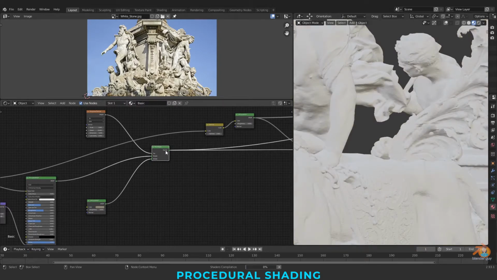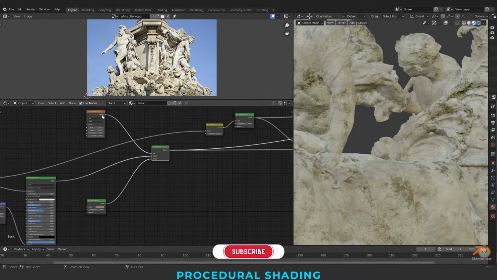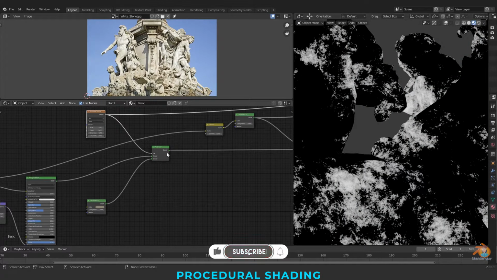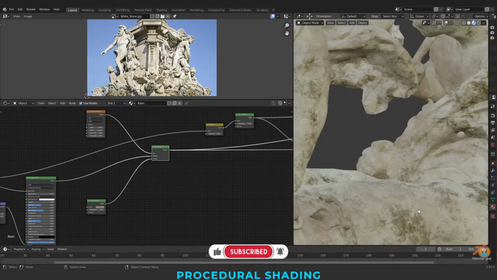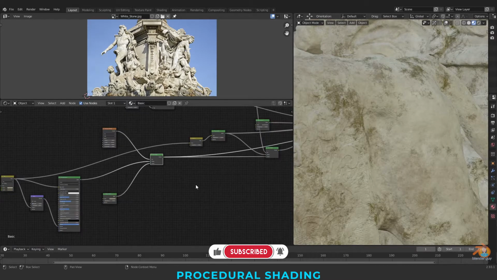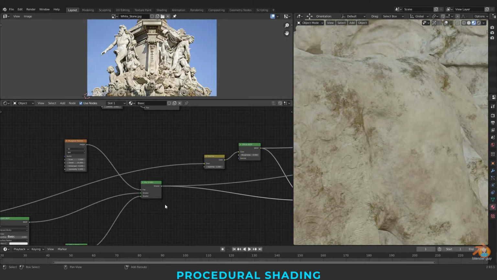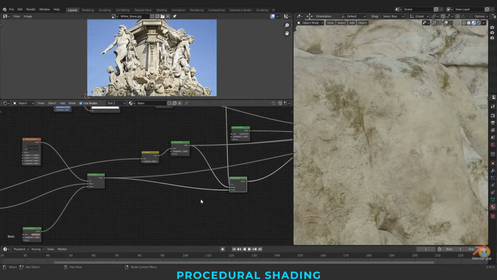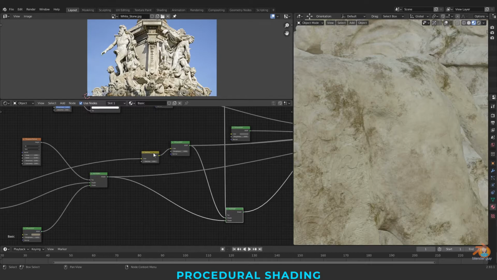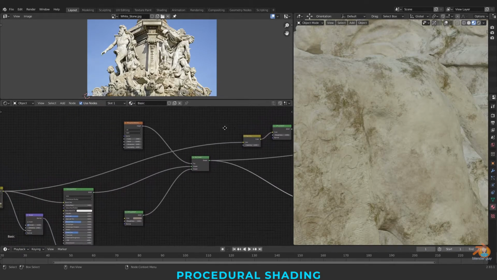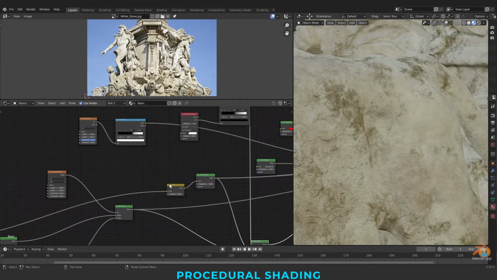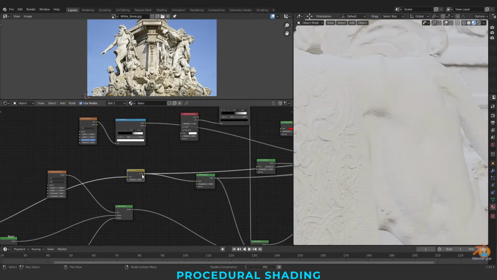Just control clicking on that to show you. I've used this Musgrave, this pattern. Again I have blended both. You can see the pattern here. I think I'm clearing all your confusions now. And again I have merged this by using mix shader. This is 1 and this is 2. In this I have used again the same color pattern which is here, and I have used this gamma node.